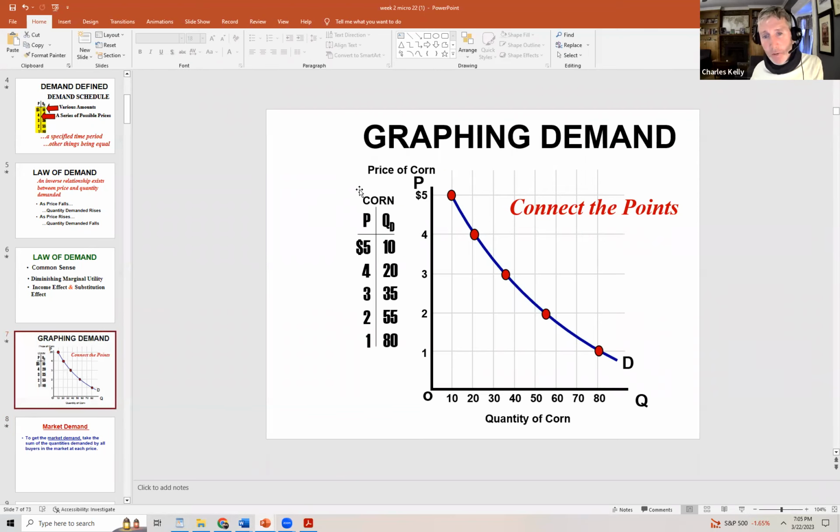And here's the thing, the demand curve is going to look the same. It's just that these quantities would be in millions as opposed to just 10, 20, 35, 55, 80. Right? Because the United States produced something like 14 billion bushels of corn last year or 2 years ago. Actually, I looked it up. I think that's pretty accurate, but